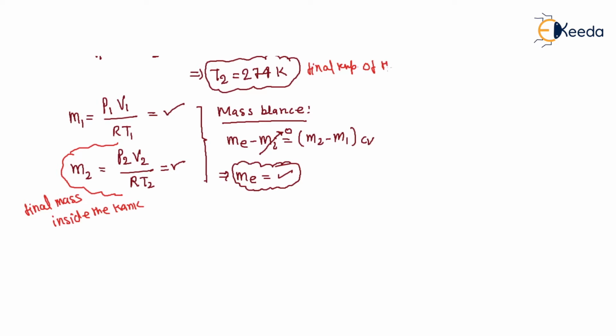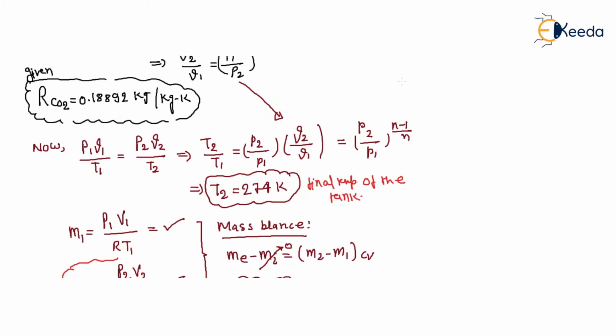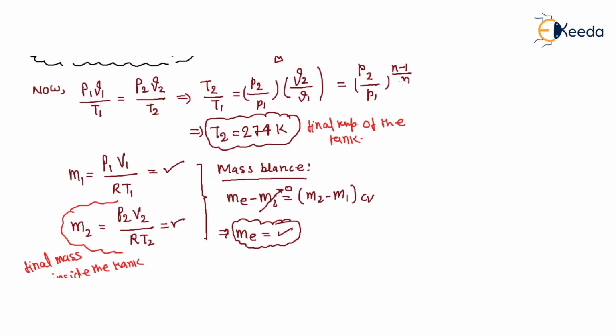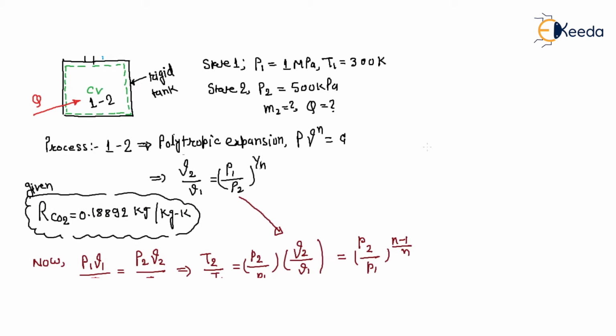and this is your initial temperature. What is the initial? 300. The final temperature will reduce. See the beauty: T2, the final temperature, will reduce as compared to the initial temperature of 300.